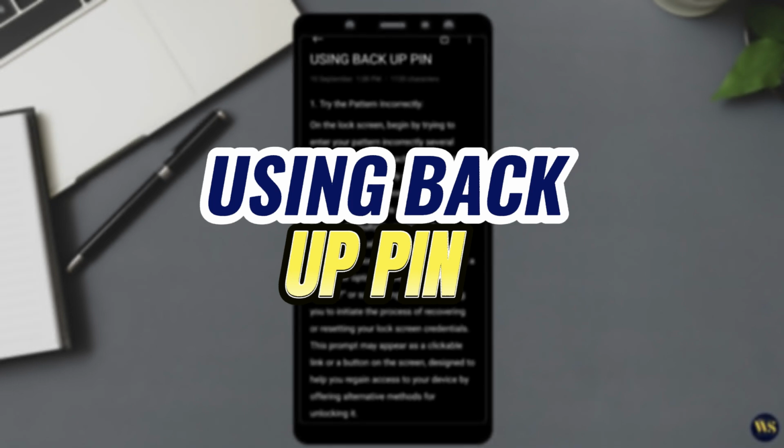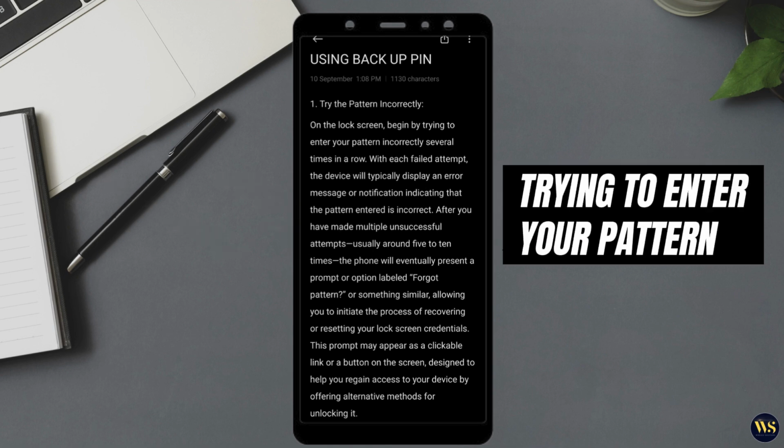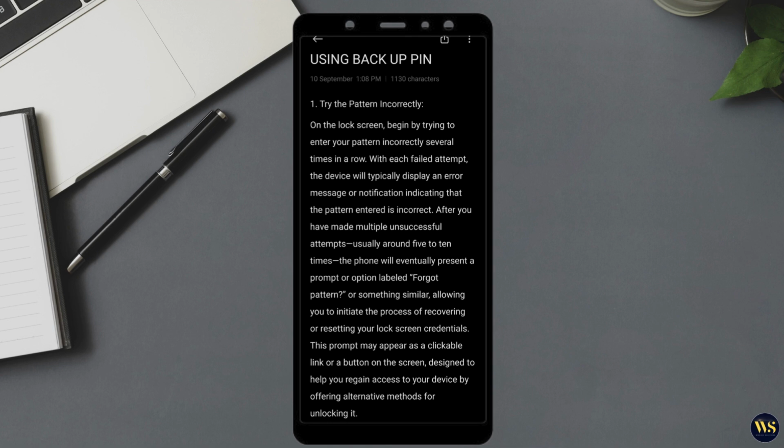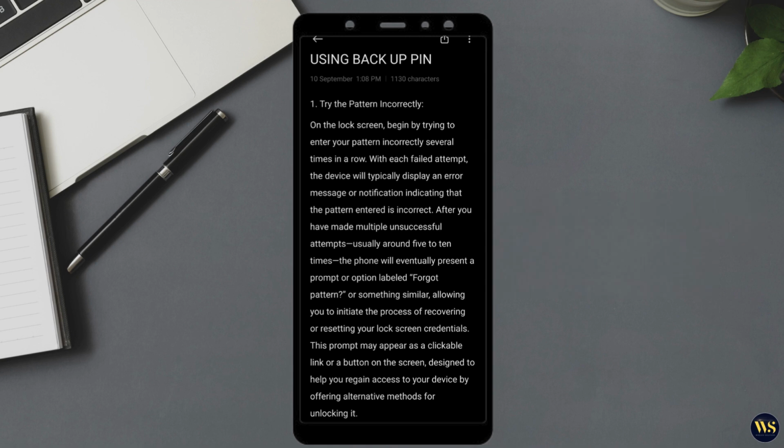Method number 4. Using backup PIN. Try the pattern incorrectly. On the lock screen, begin by trying to enter your pattern incorrectly several times in a row. With each failed attempt, the device will typically display an error message or notification indicating that the pattern entered is incorrect. After you have made multiple unsuccessful attempts, usually around 5 to 10 times, the phone will eventually present